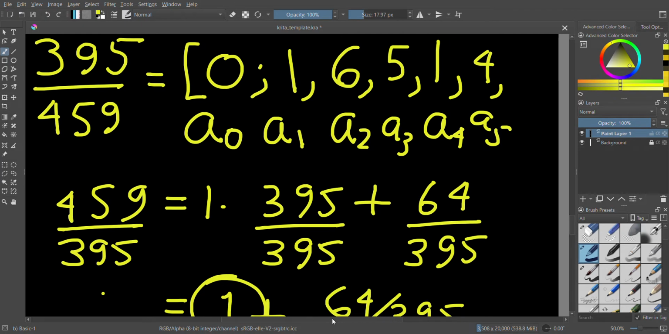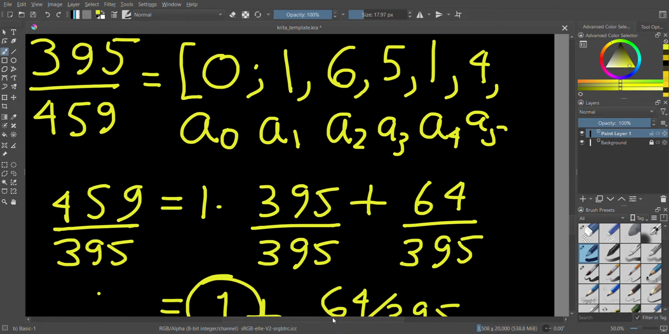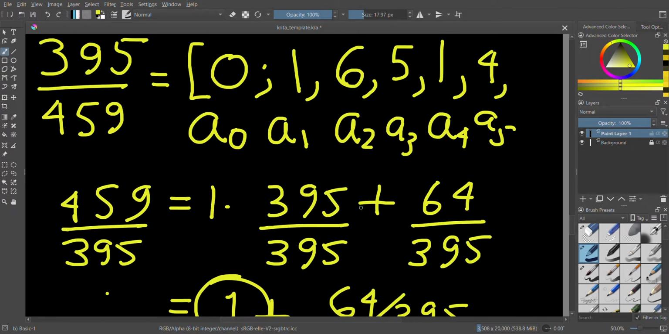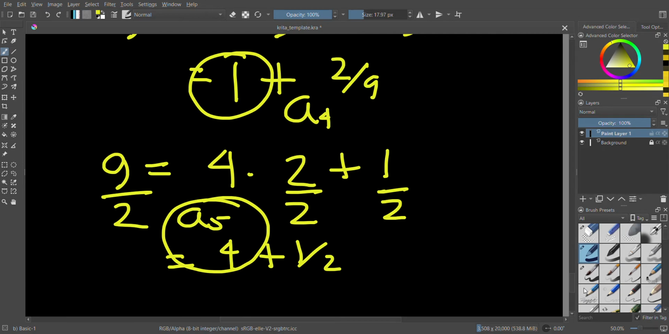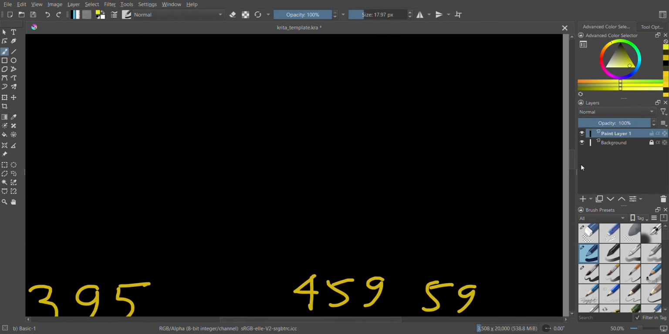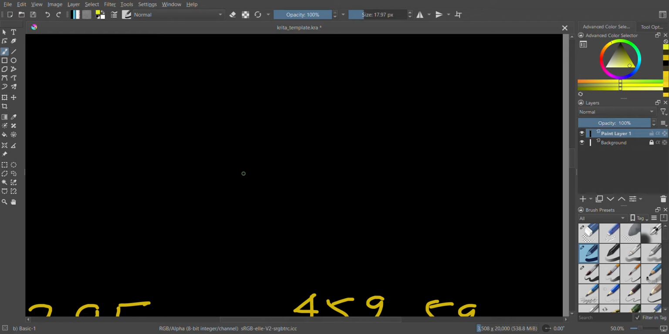Move over so I can see it better this way. Yeah, okay, so we're at the edge, a5. And then we've got one last equation to do. Okay, let's go up here and use this space right here. The last equation that we have is